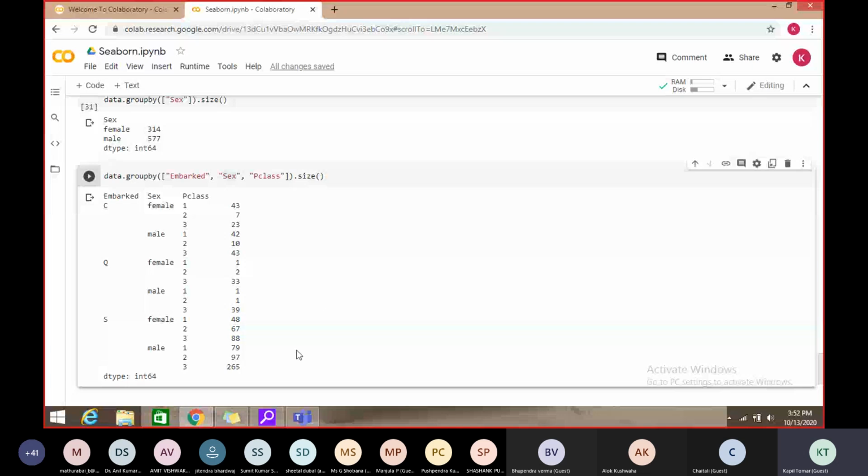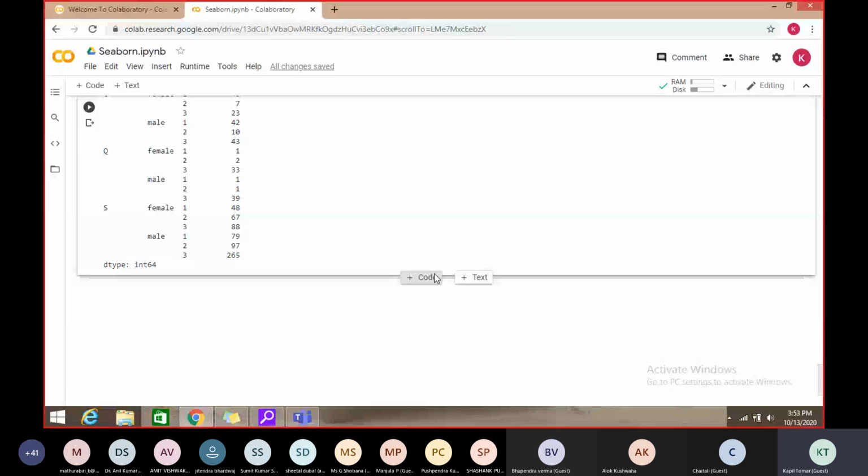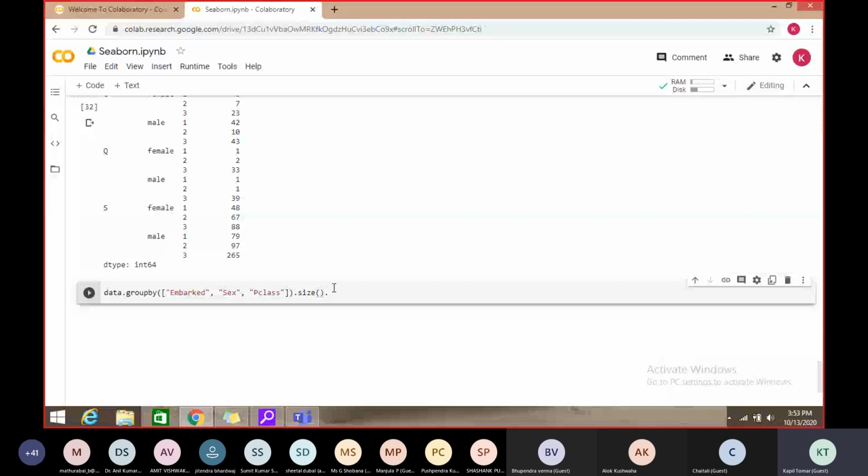If we want it horizontal, then we can call one more method, known as unstack, so that it is more readable and easier to understand.